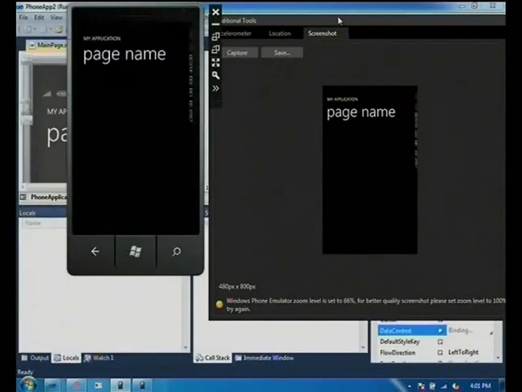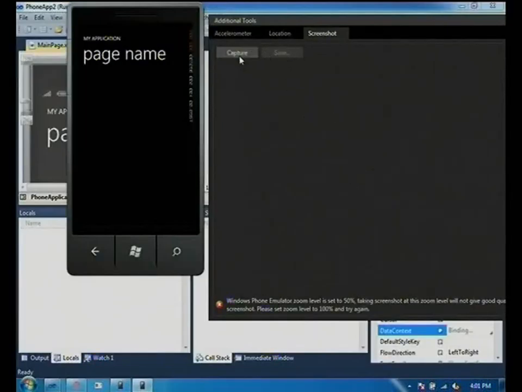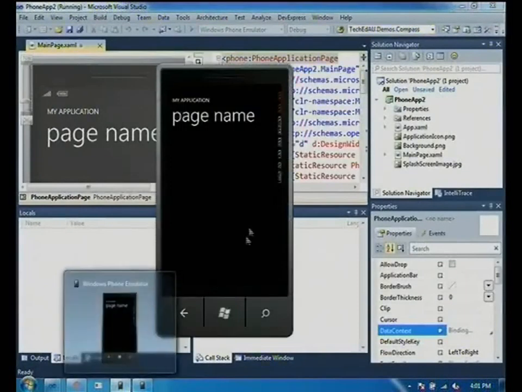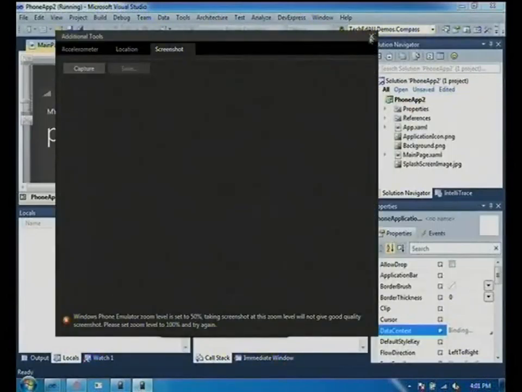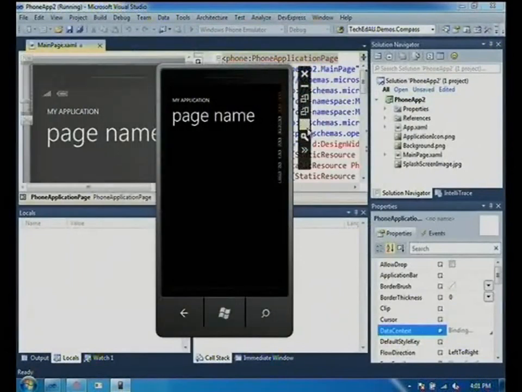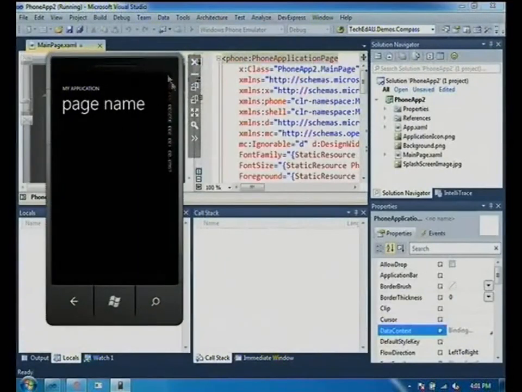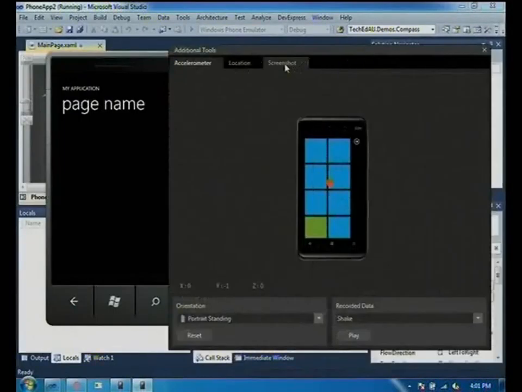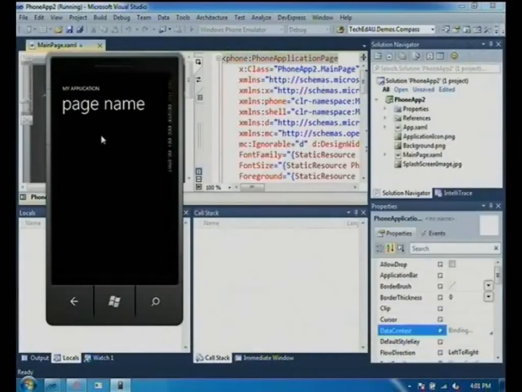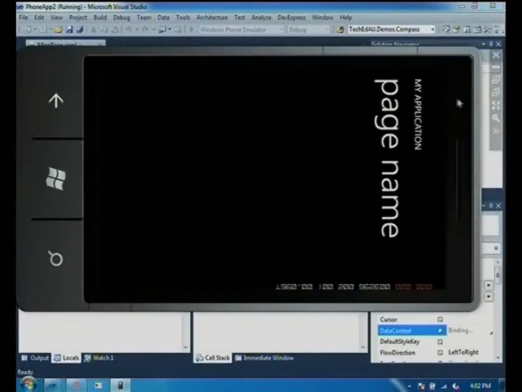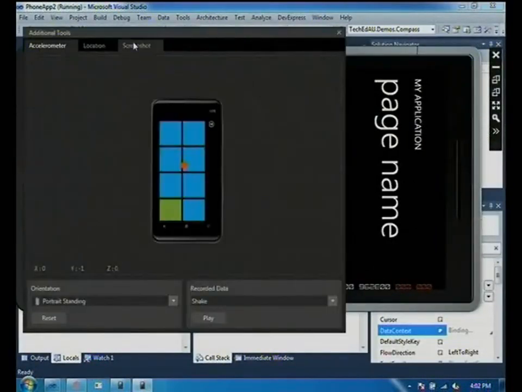I'm seeing an issue with my zoom level, but that's fine. Let's make that bigger. Yeah, that's not going to work for me. Sorry, presenter resolution is 1024 by 768, and that's not going to work. Right. So let's skew it and then zoom in. There we go. That tricked it.